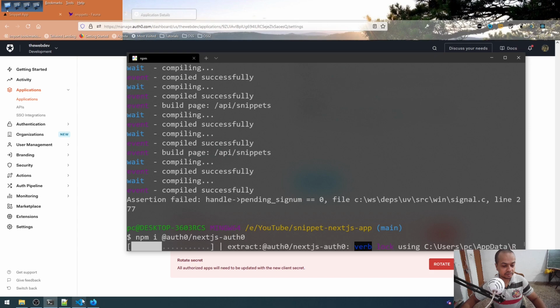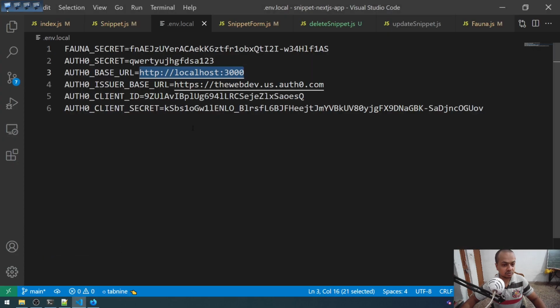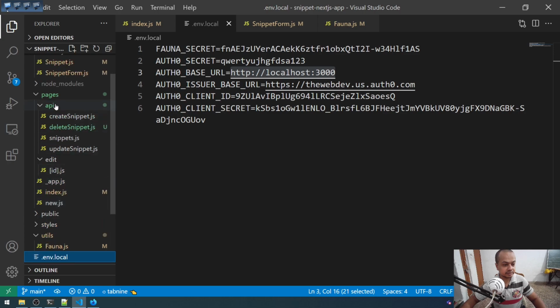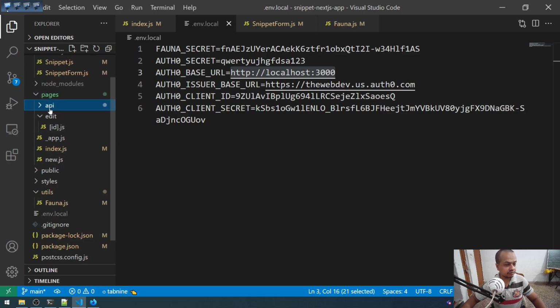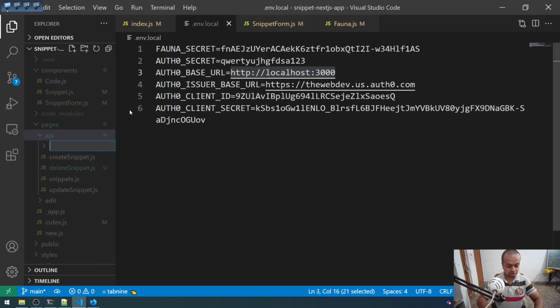So let it be completed. Okay, it's done. So next thing which we need to do, let it be open. We have to go to our API, and here we have to create a new folder known as auth,